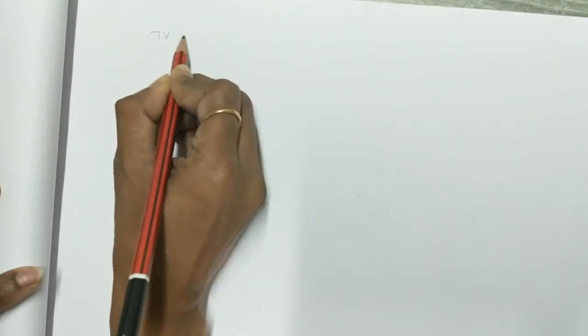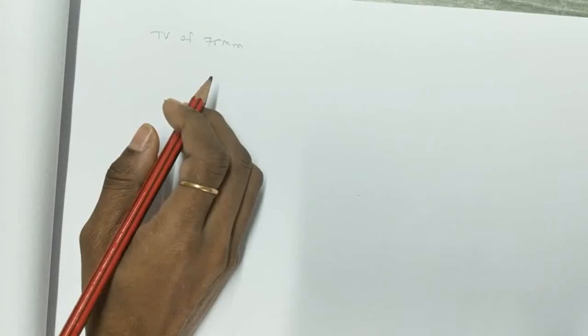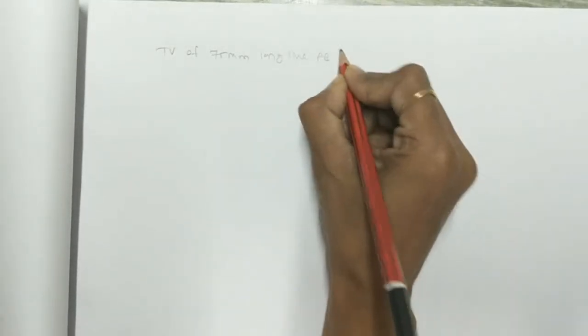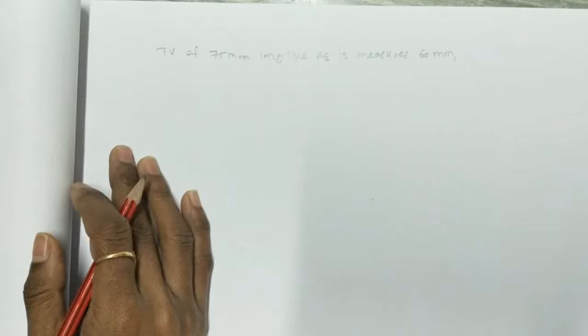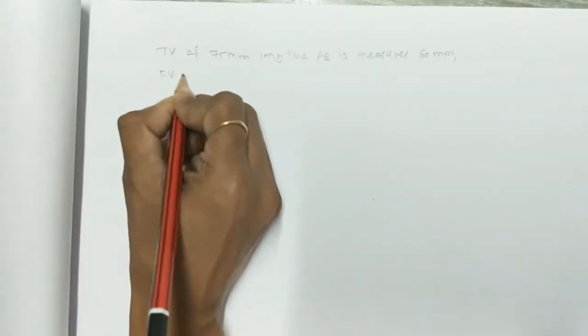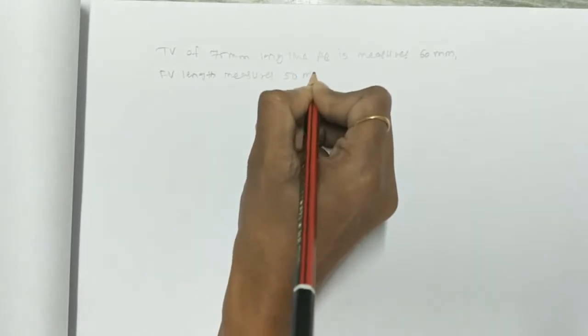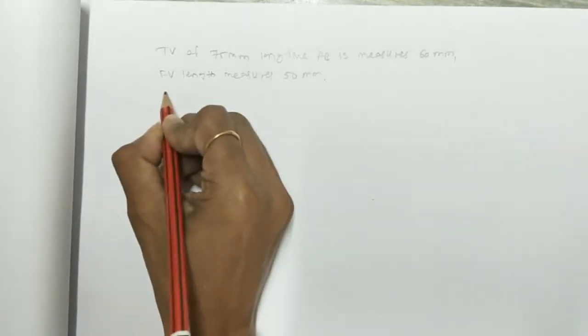The top view of a 75 mm long line AB measures 60 mm and the front view length measures 50 mm. Draw projection of line AB if end A is